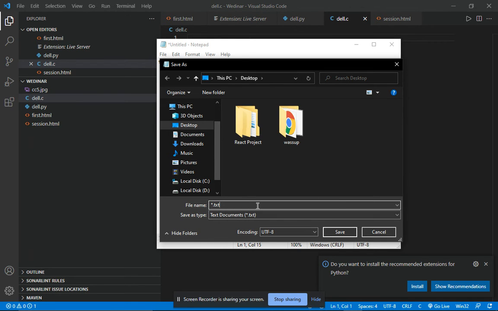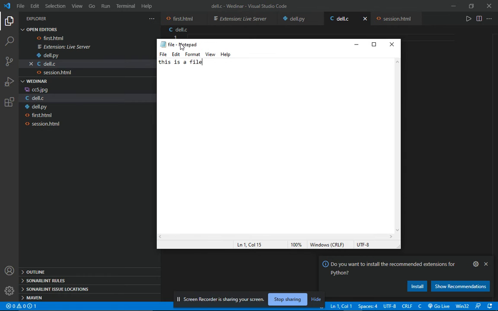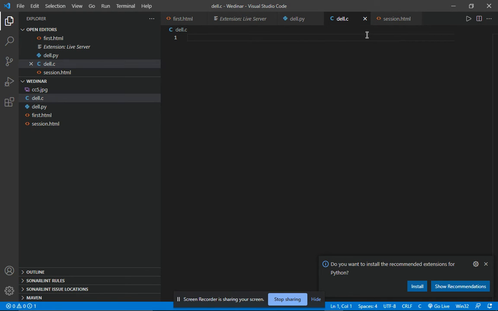Okay, so here I write file, and I just save it. Here you can see that Notepad does not change any icon. So this is the functionality of our Notepad. So okay, now let's move to our PPT part.